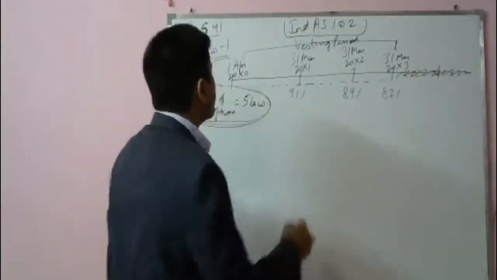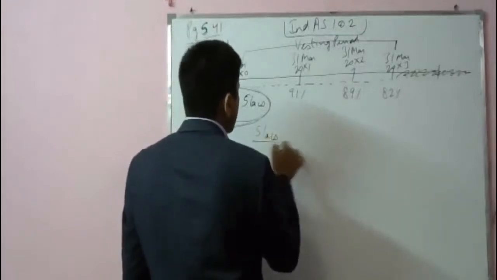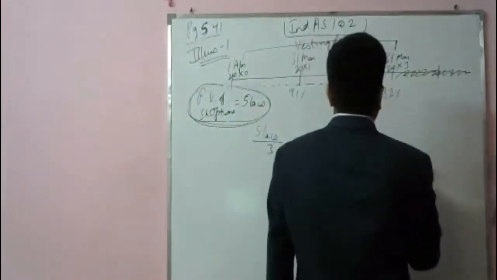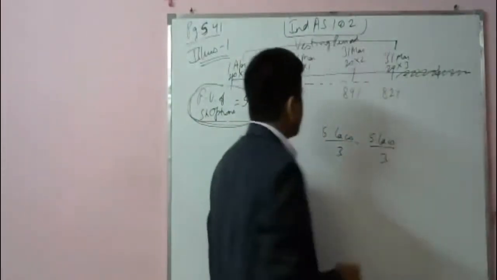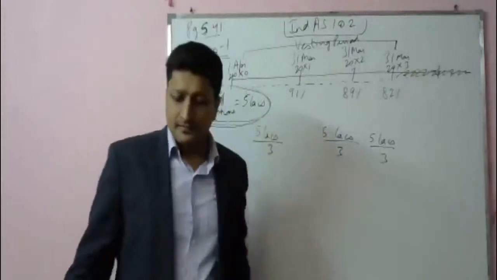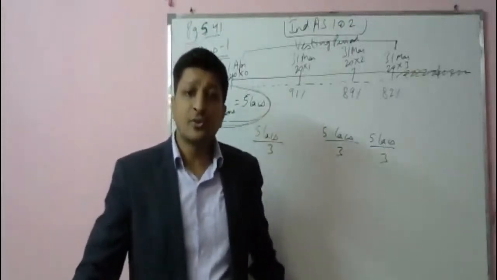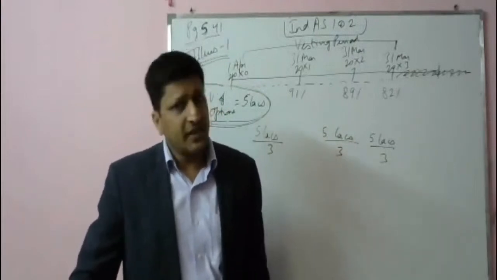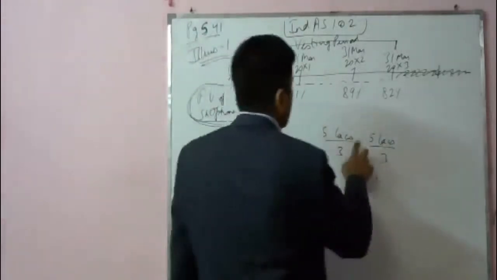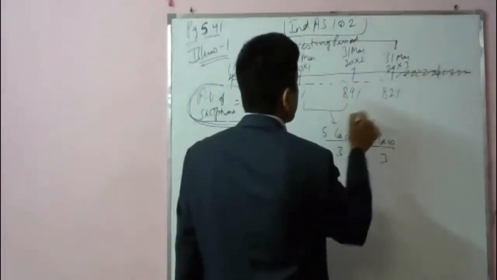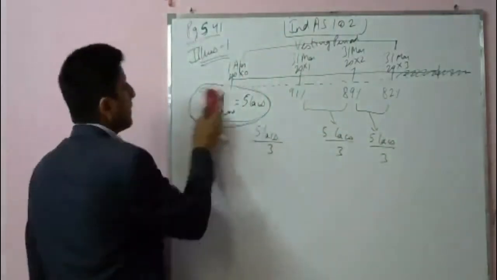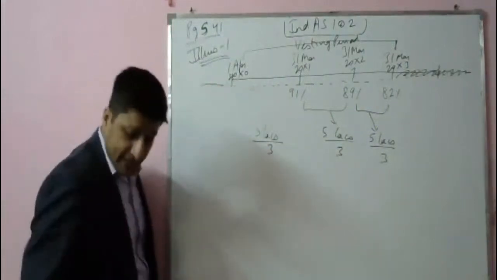So what should we do? 5 lakhs divided by 3. Simply, this should be the cost which should go to P&L. Ideally, this should be the cost which should go to P&L year on year. Now, this is the cost which will go to P&L year on year if